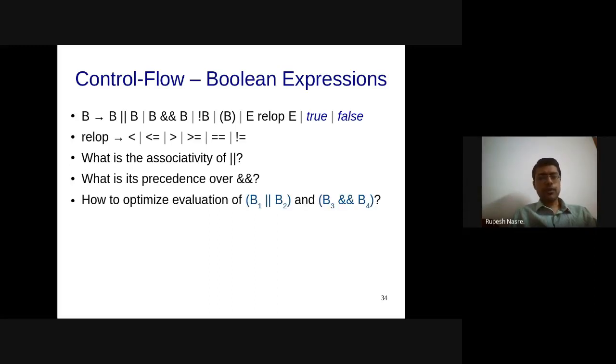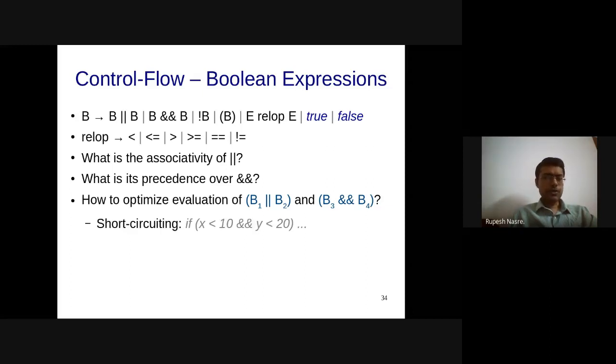All right. So this is what I was talking about, that we would like to optimize the evaluation of OR and that gets done using the short circuiting. So we say that x less than 10 and y less than 20, if this is the expression, and x less than 10 turns out to be false, then y less than 20 doesn't even get executed.